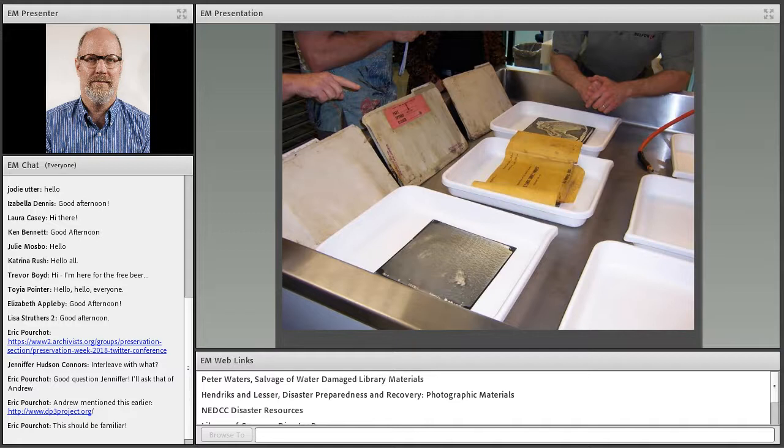The incident happened in 2004. By the spring of 2007, they were ready to tackle this part of the collection after they tackled the map collection. And so it took many, many years to get through this, but they did, and they did